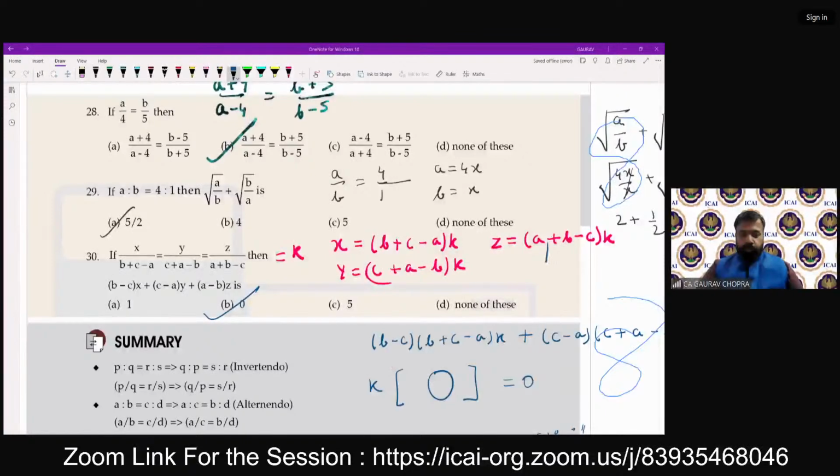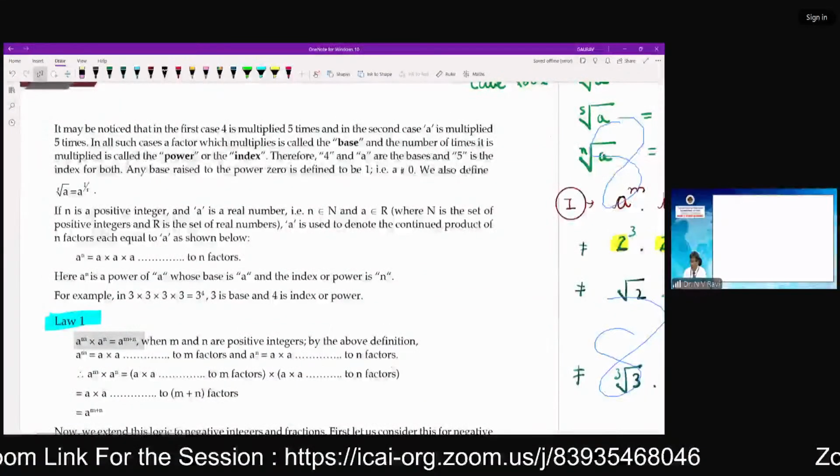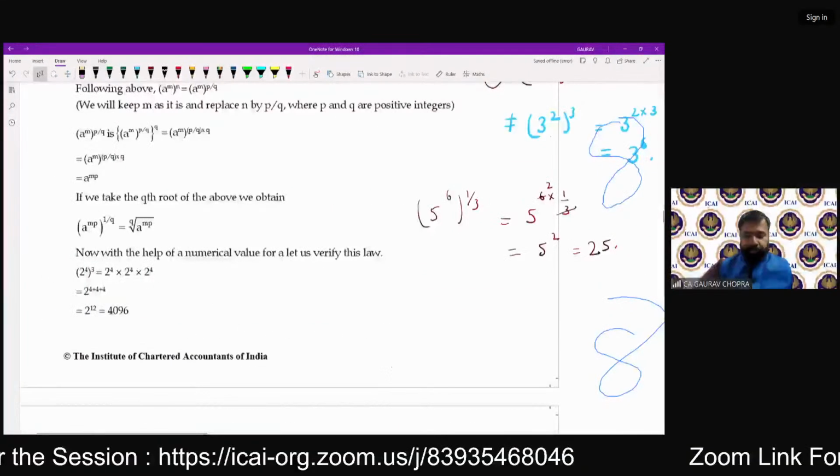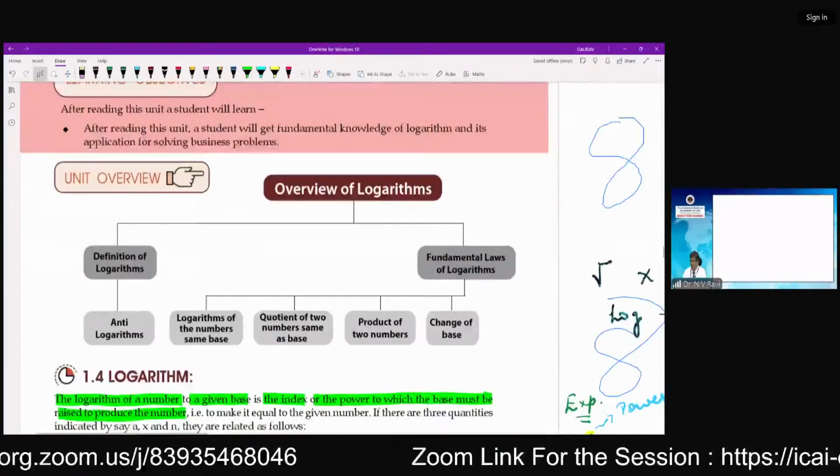Thank you, sir. You can move further to logarithms, and this is a very important topic also. Yes, sir. So should we start first with indices, sir, or logarithm? From my point of view, logarithms is okay. Otherwise, you can start as you feel, whichever can be completed quickly. Okay, sir. We will start with logarithm, because students find logarithm difficult. Yes, that's the major point. They feel it is a little bit difficult on these aspects. Right.